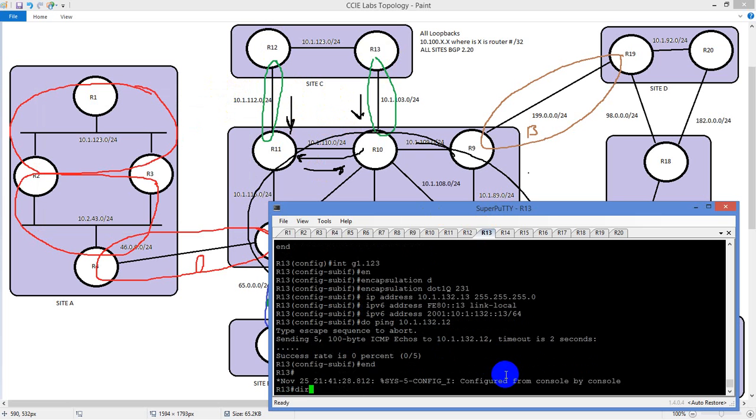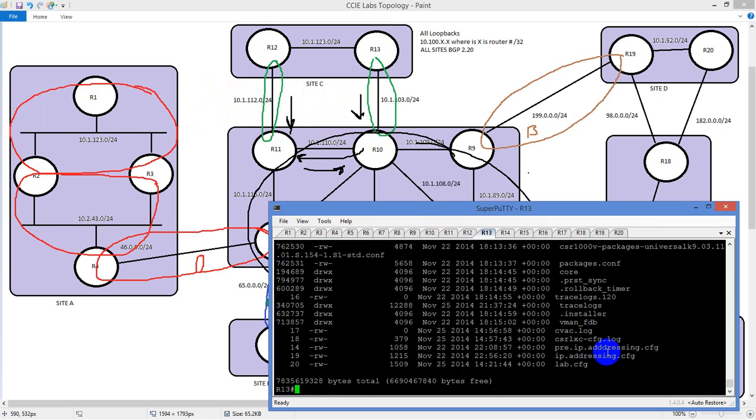not, but if you type in dir, down here at the bottom, I actually have a couple of config files set up. So whenever I reload these routers, it loads up like it was a brand new router. And I have a couple of base configs set up, so I have pre-IP addressing. So this is like if I'm in the middle of something and I want to wipe something out on the fly, I can